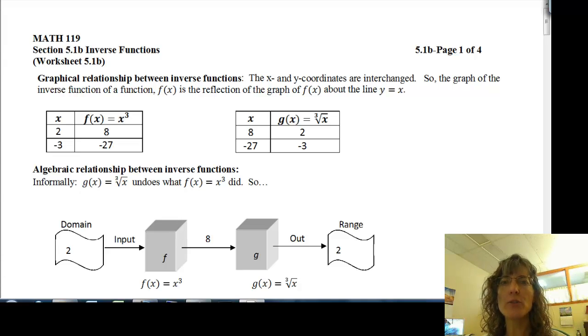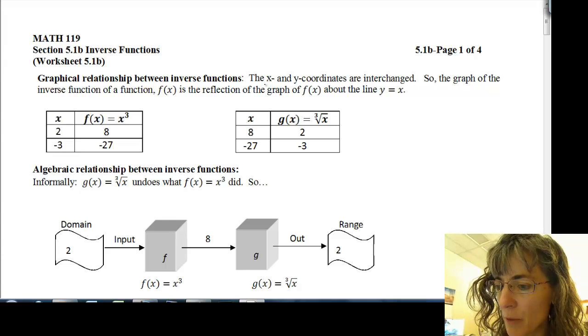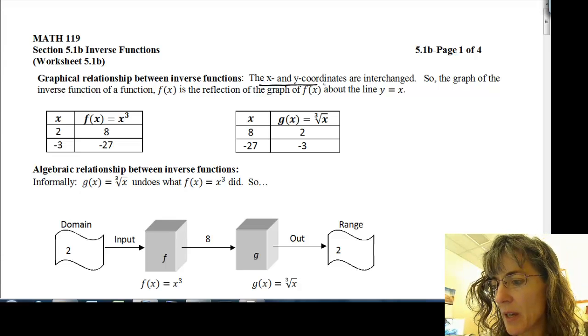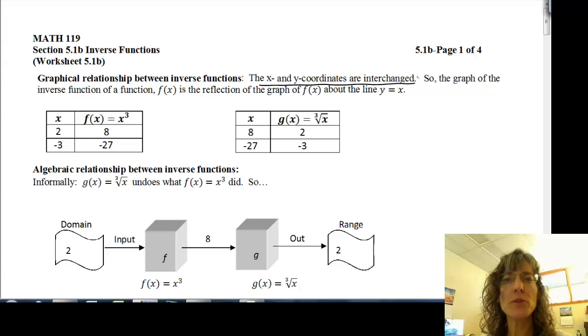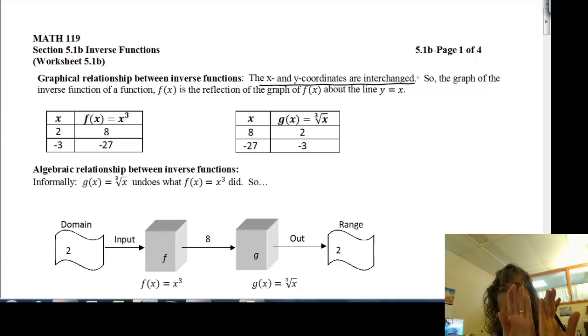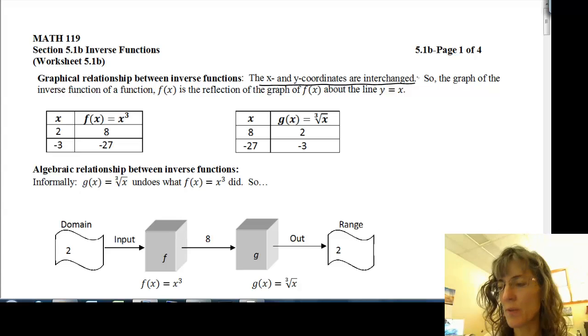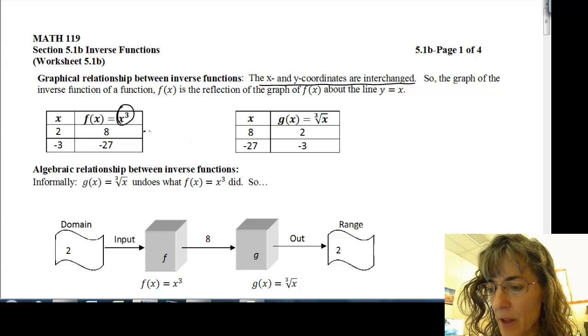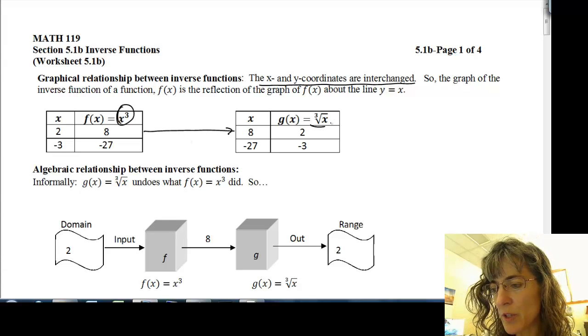So if you plot your function and what you believe to be its inverse, they should be reflected across the line y equals x. If you're looking at the xy tables, the x and the y coordinates are swapped. So you take all the x coordinates and put them in for the y's on the inverse function. So here's an example, if we have x cubed as a function, we'll call it f of x, and we write a couple ordered pairs for it,